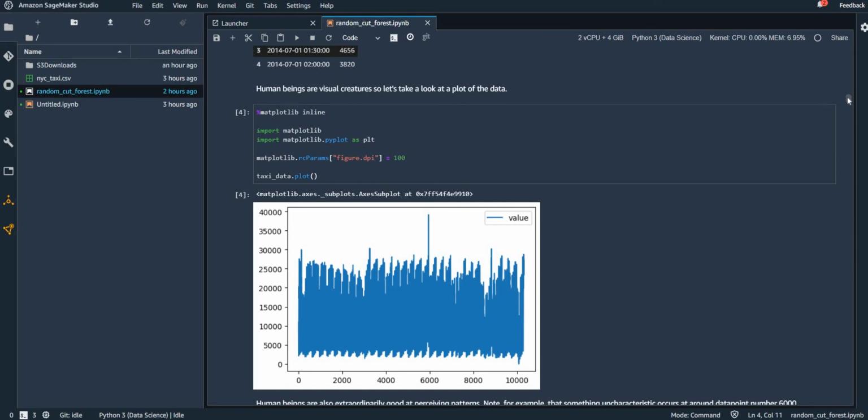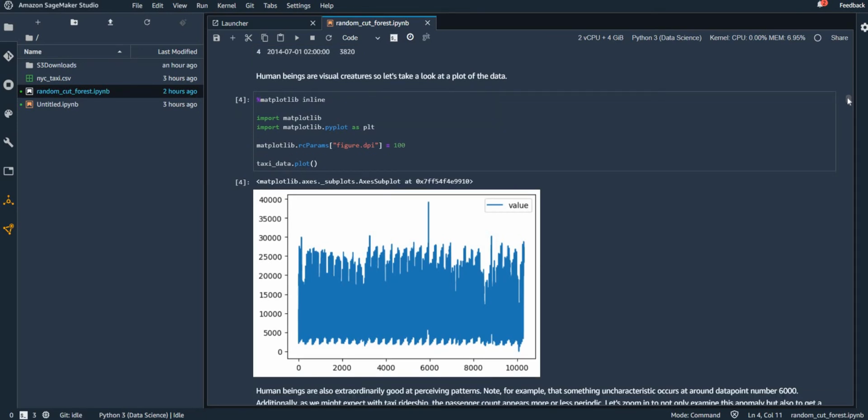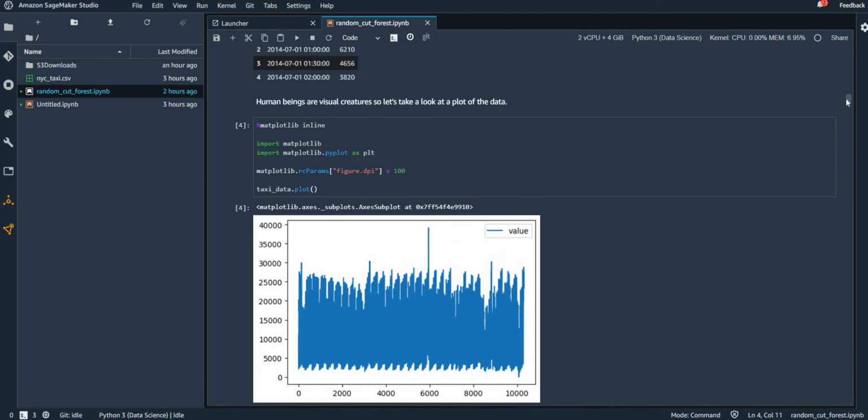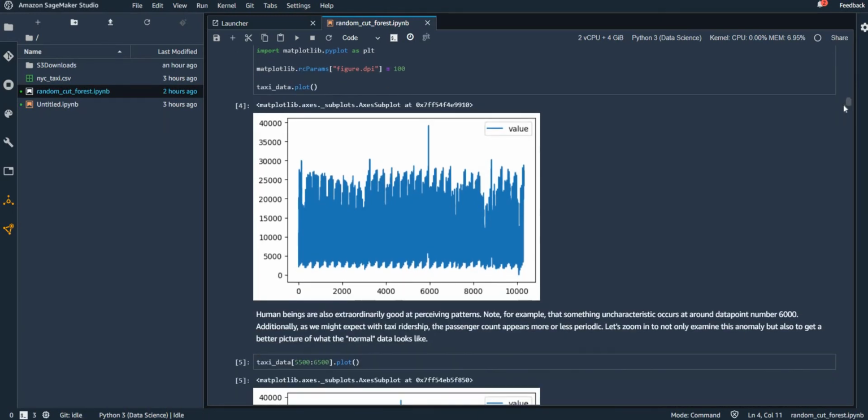So what we want to identify here is anomalies, for which we'll draw a plot. Okay. So here we can see that there is an anomaly in the 6000 area. Although we are able to draw the patterns, there is something uncharacteristic that occurs around the 6000 data point.